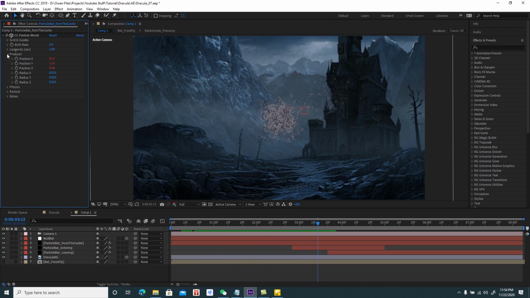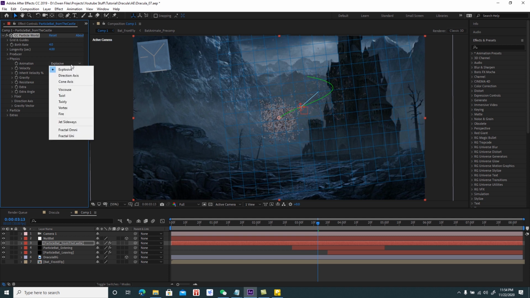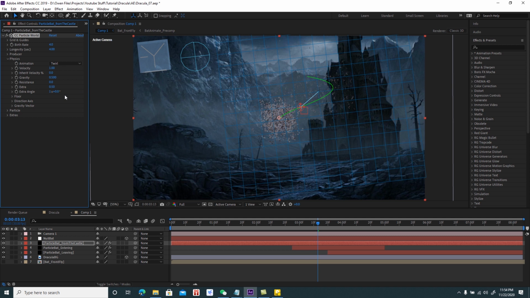So next is we need to adjust our birth rate. Let's put our birth rate to 4 and our longevity to 4 as well. Producer is good, and our physics, let's put our physics to twirl. Okay. And then our gravity to 0, our extra to 0,